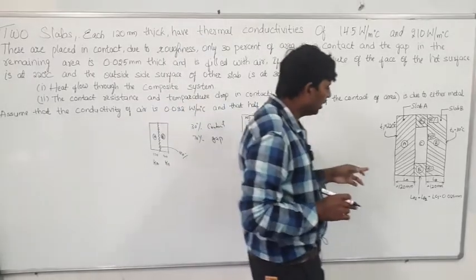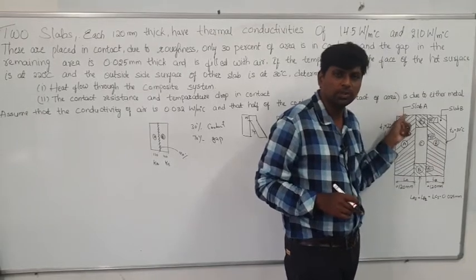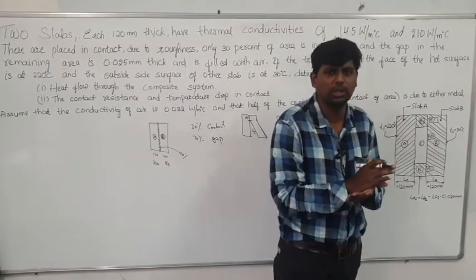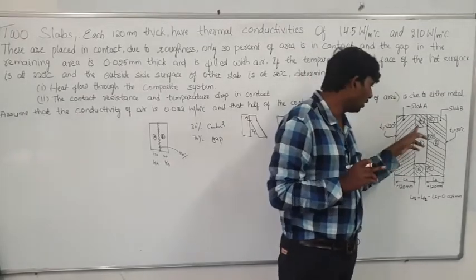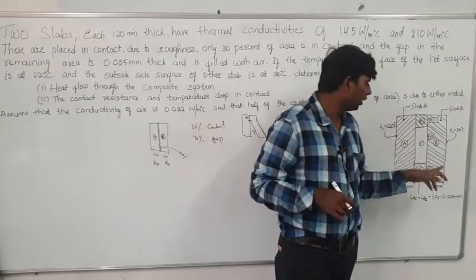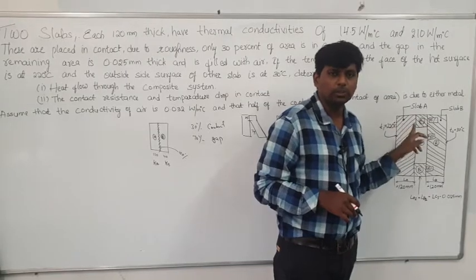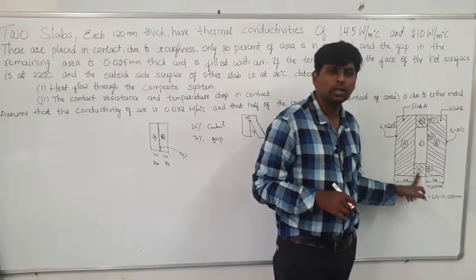As you can see here, this is component A, this one is component B. This 15% I took from component A. Roughness means for component A and component B, if both sides are there, then only you can say roughness. So this one I take as A1, because some roughness from A component, some roughness from B component, and 70% should be gap. That's why I name this one A1, this one B1.